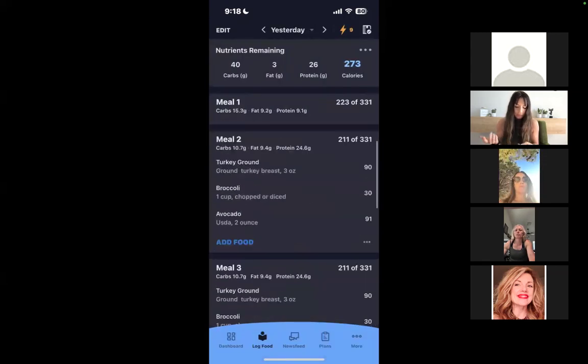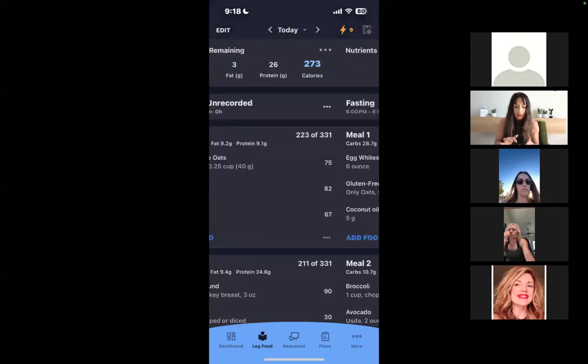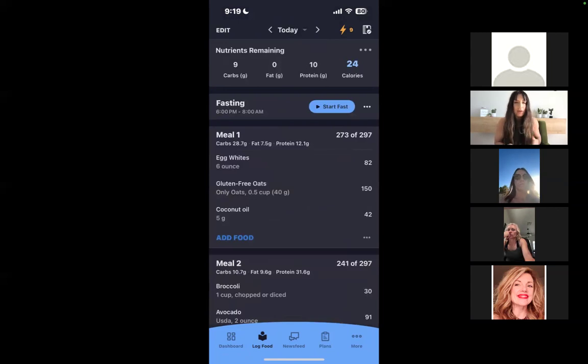Make sense? So that is why we teach you to do this. And a lot of you guys struggle with this. You're like, oh, it's hard. Like, it should take you seconds to enter in your meal plan. So if I were you, what I would do at the beginning of every week is I would go, okay, let's start with the beginning of a new meal plan. When I had the beginning of a new meal plan, I would go in on a Sunday and I would enter in